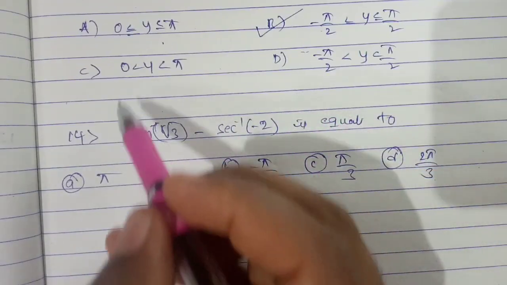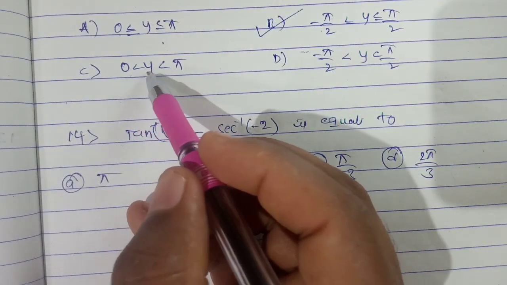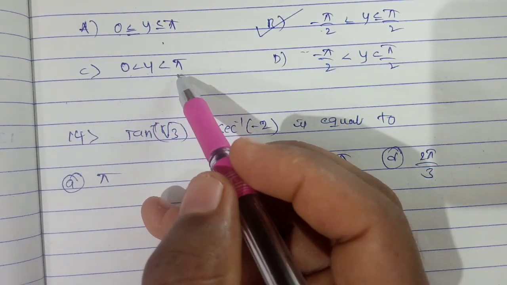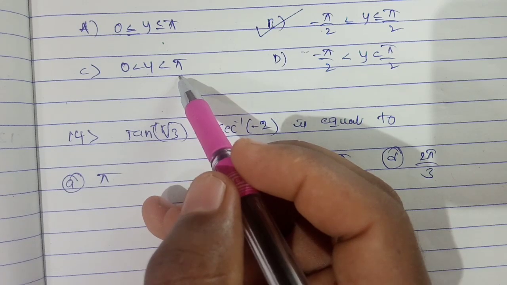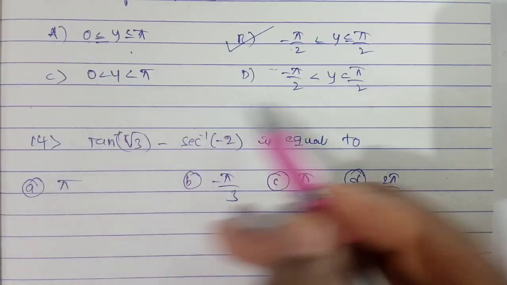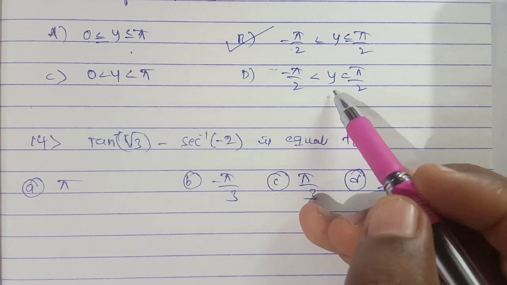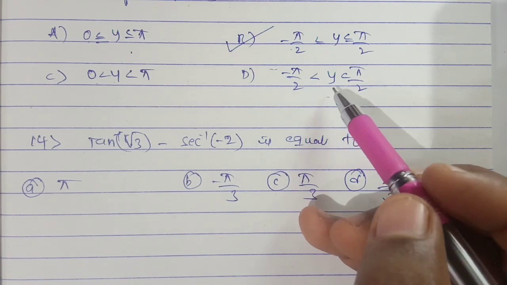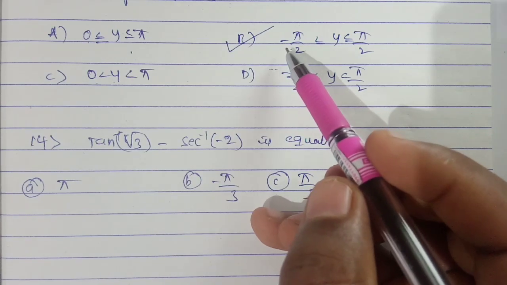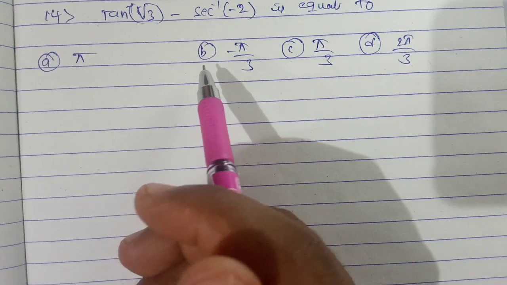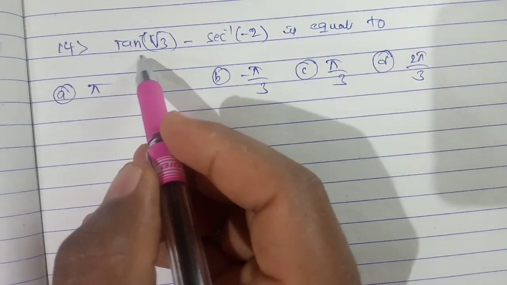Then if we move on to the third option, 0 less than or equal to y less than pi, which is the range of cot inverse x. And if we see this option, which is the range of the tan inverse x function, that's why the answer will be the correct option. Then we move on to the last question of the first exercise, that is tan inverse